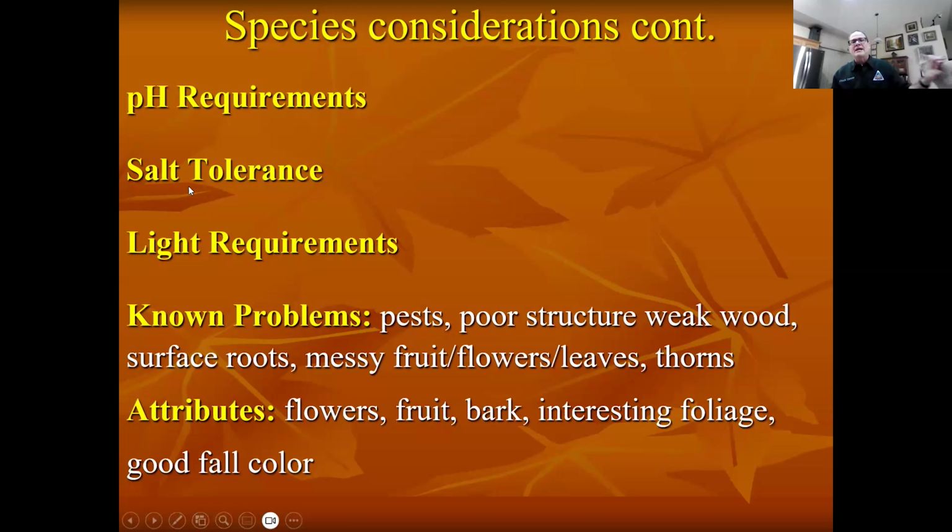If you're planting anywhere near a road, especially one that's not in the country where they're going to salt. Again, if you're next to a business setting where they have sidewalks that they salt, try to look for tree species with a high salt tolerance, because we're in a society now where everyone's so worried about getting sued for someone slipping.